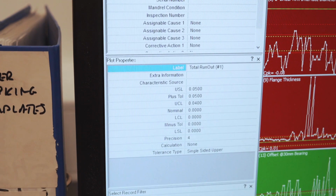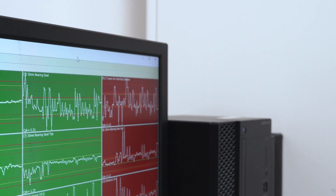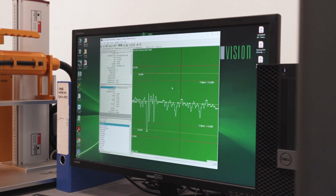Being able to interpret the system and get an instant report, and being able to analyse data over several parts over a period of time but get an instant answer is really useful. When we're selecting tools, for example, seeing the amount of drift we've got in sizes over a period of time and getting an instant decision on that, knowing it's time to change the tool or to look at an alternative